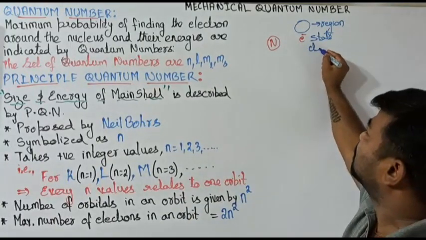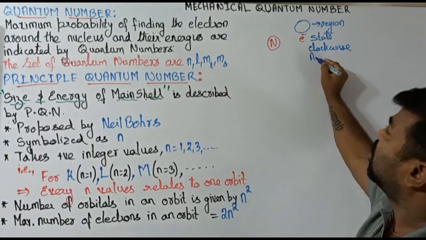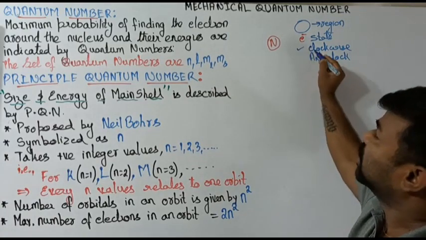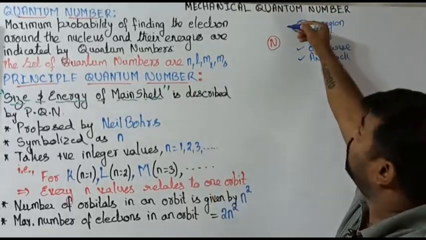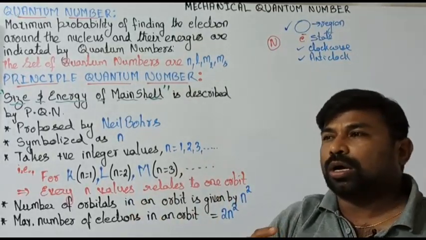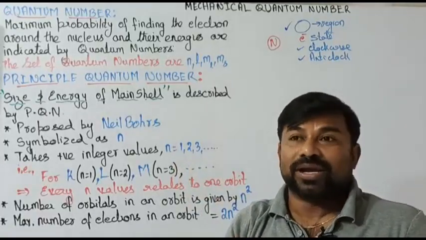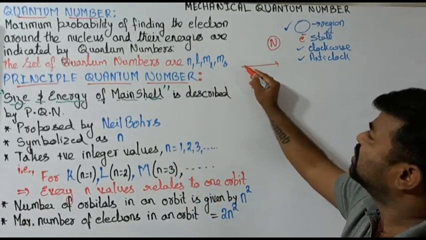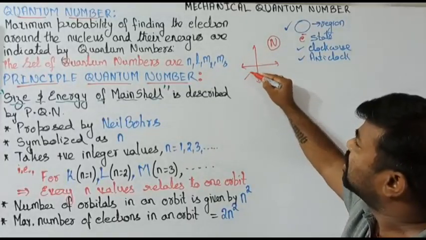We can check that. Where it is present, that is the maximum probability, and also towards which axis it is oriented. If you take this as the x-axis, this as the y-axis, and this as the z-axis,